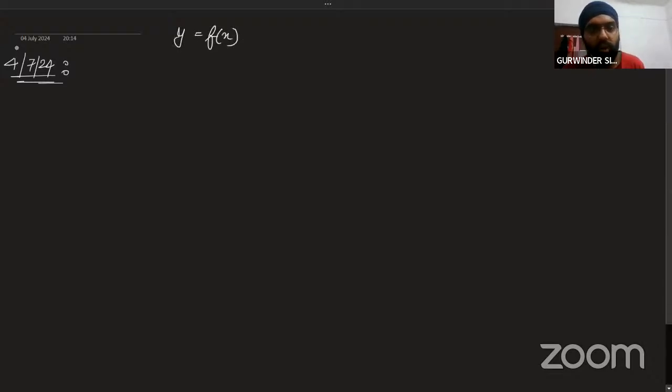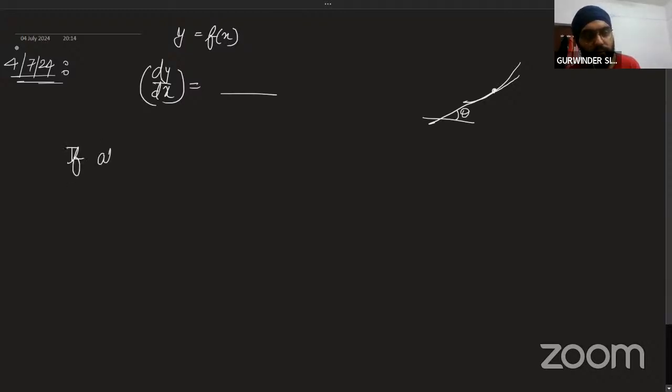You find its derivative at a point. Basically, we have this curve, you plot its tangent at any point, and then you check the slope of the tangent, like the angle from the x-axis. So if at any point the slope of the tangent turns out to be positive,